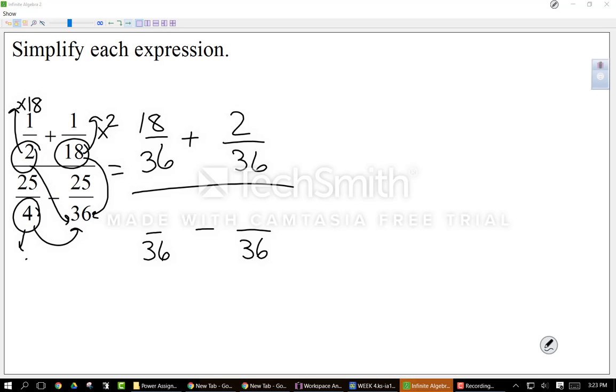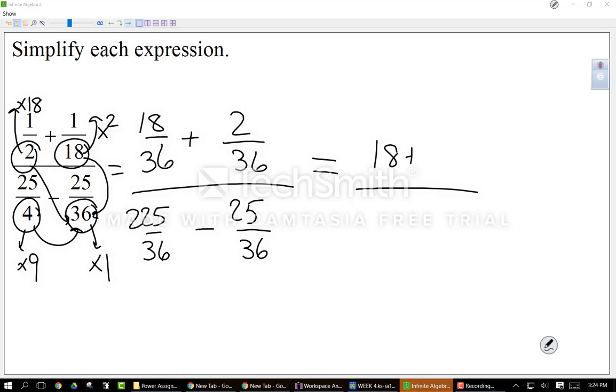This 4, I had to multiply by 9. So 25 times 9 is 225. And then this 36 times 1, right? Because it's the same number, so this means 25 stays there. So now, again, all my denominators are the same. So my denominators can now just kick away. So I get 18 plus 2 over 225 minus 25, which is 20 over 200, which hopefully you know that